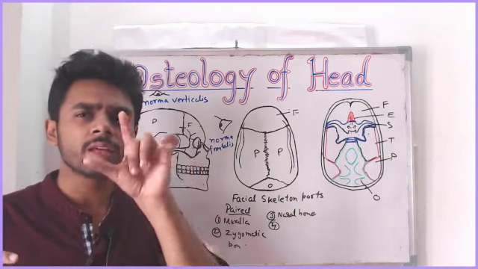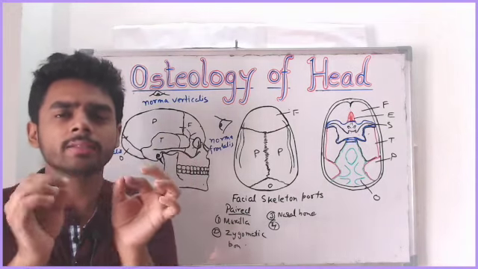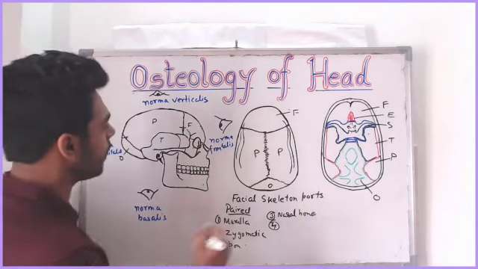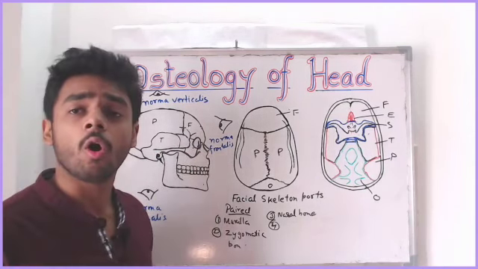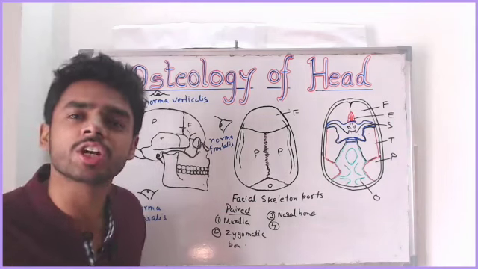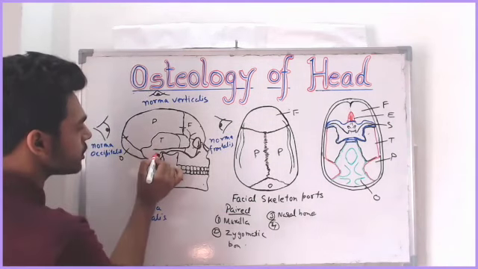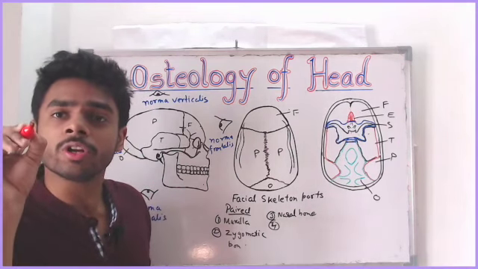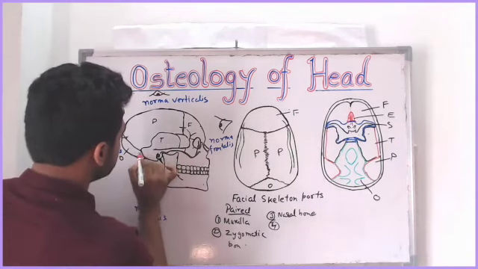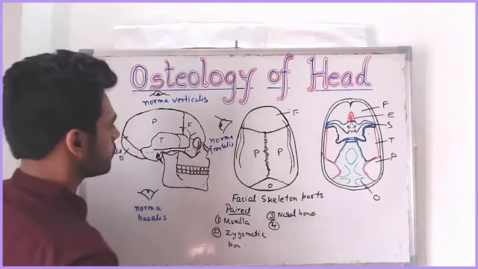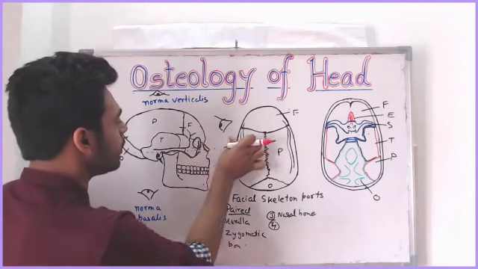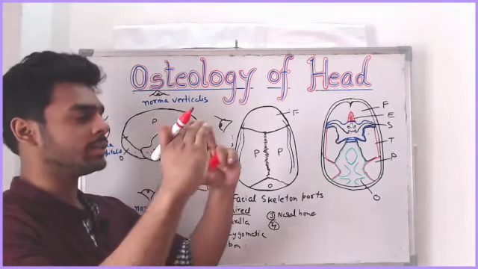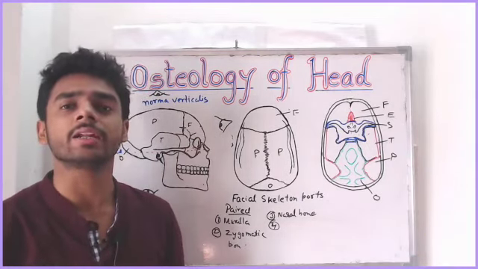First orientation. In this position, the skull is oriented so that the inferior margin of the orbit, see, this is the inferior margin of the orbit, and the superior margin of the external acoustic meatus, this is the superior margin of the external acoustic meatus, are horizontal, like this. This should be horizontal, not vertical, not slanting. When you study, this line should be horizontal. Then only you can study the skull properly.